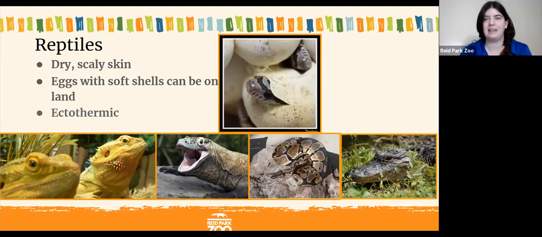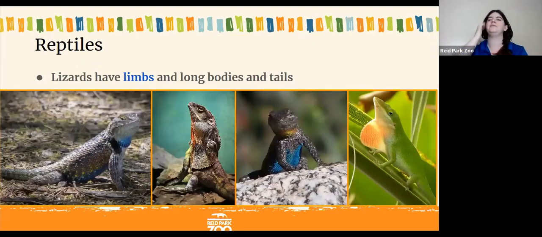And there's different types of reptiles, and there are different traits that we use to kind of define those reptiles. So lizards have limbs, meaning lizards have arms and legs. And generally, lizards have long bodies and long tails. And lizards are the ones we usually see at home a lot. We'll see them crawling on the fences or on the sides of our house. But we have lots of cool lizard diversity here in Tucson.